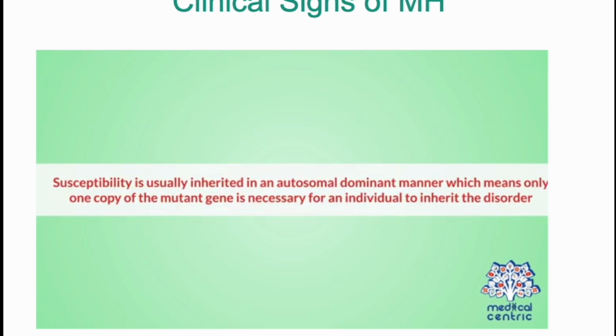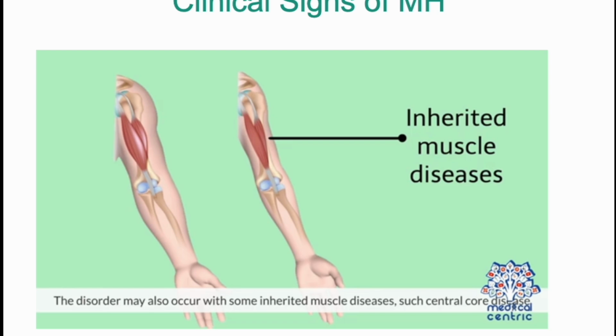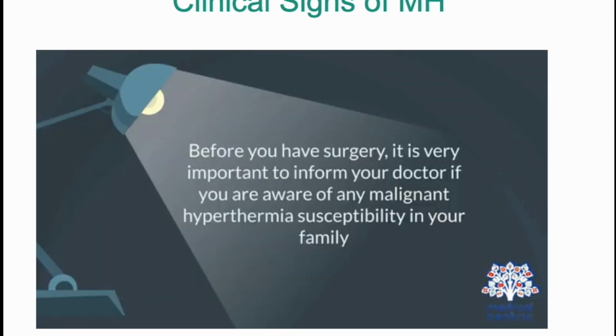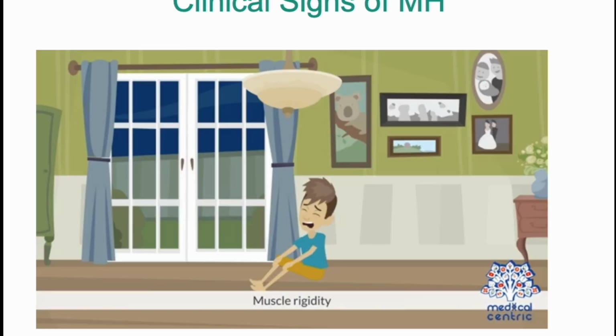Susceptibility is usually inherited in an autosomal dominant manner, which means only one copy of the mutant gene is necessary for an individual to inherit the disorder. There are numerous reports of susceptible people who have developed symptoms in association with the biological stress of physical exercise and/or heat exposure. The disorder may also occur with some inherited muscle diseases, such as central core disease. Before you have surgery, it is very important to inform your doctor if you are aware of any malignant hyperthermia susceptibility in your family. Symptoms: a very high temperature, muscle rigidity,